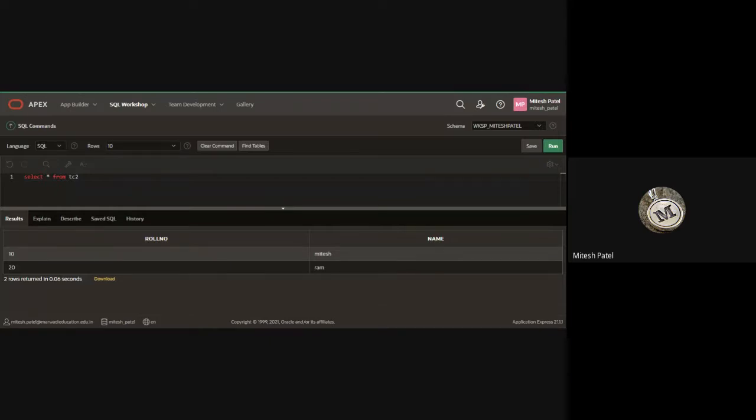I have given the first demo. Now you can try by yourself with the create command, and let me type the general syntax into the chat so you can try. This is the general syntax for the create command and this is the general syntax for inserting a value. Do you have any query, any doubt?